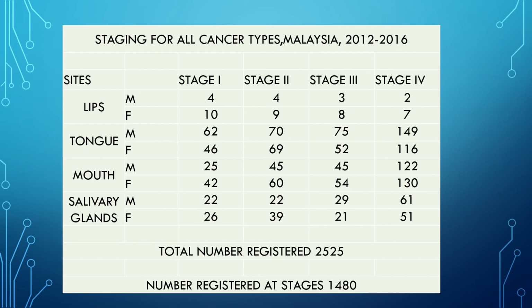And the number of female tongue cases is also very high, as well as female mouth cancers. What are the causes? What are the problems? We have to find out, and we have to see what can be done about this. Surprisingly, the number of cases of female smoking has also increased. So with that,